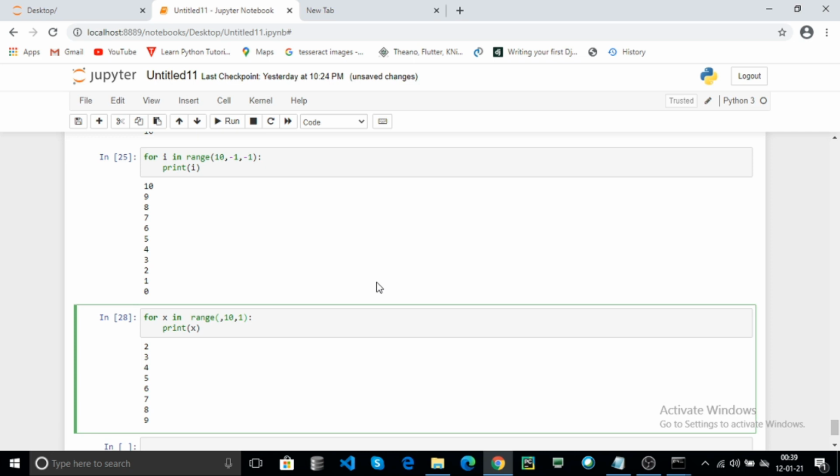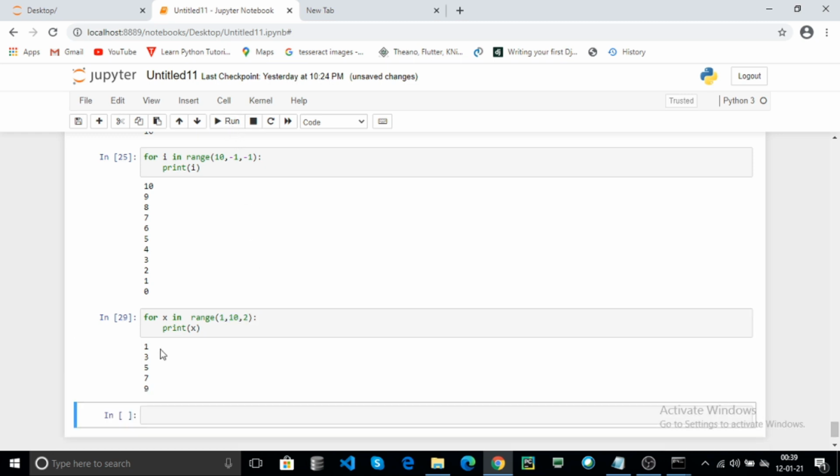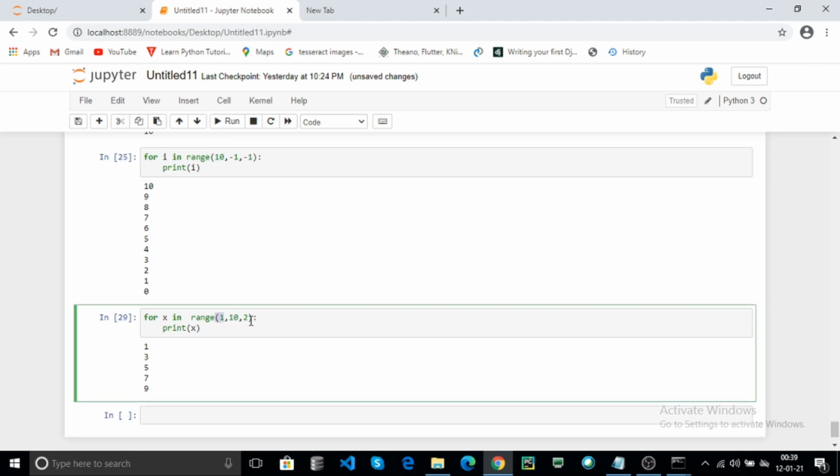Here you can print the odd numbers. The odd numbers must start with 1, and every time add 2 to the first number. First it prints 1, and in the second iteration the step is added to the starting value. After the second iteration the value is 3, and 2 is added to it again.